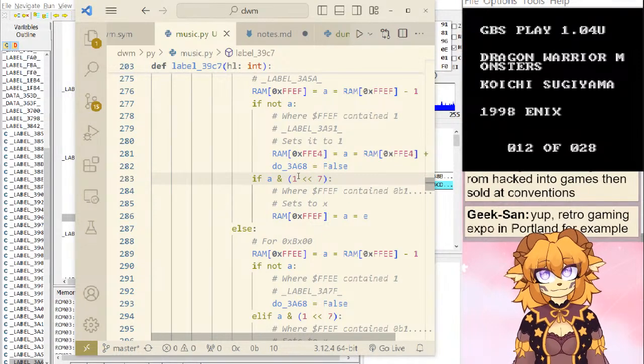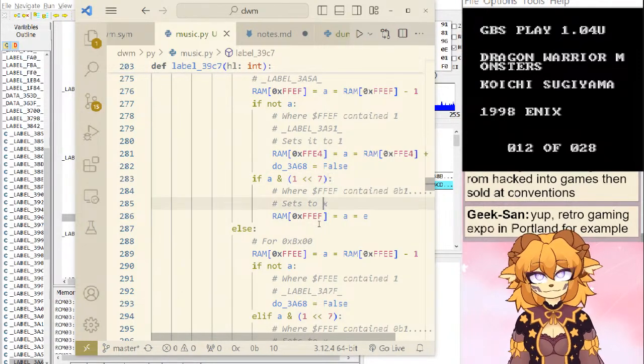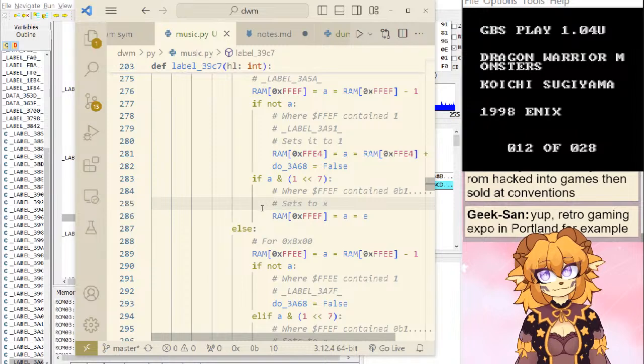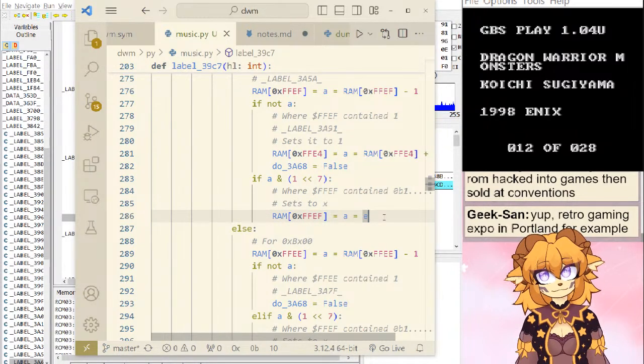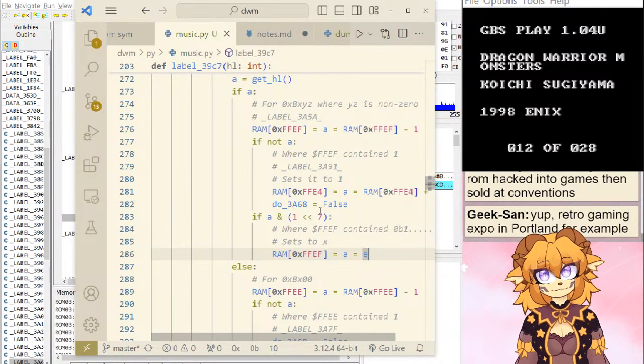It would be when there's a 1 in this position. Now, if greater than or equal to 80, there's no situation where these are both true. Oh, we're not even looking at... Shoot, hold on.